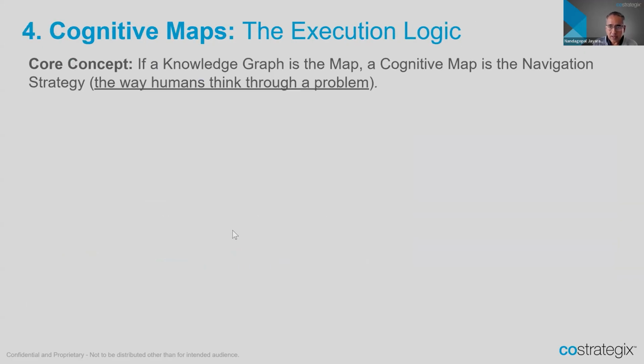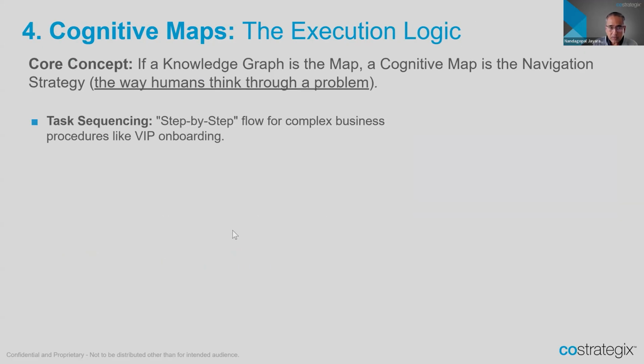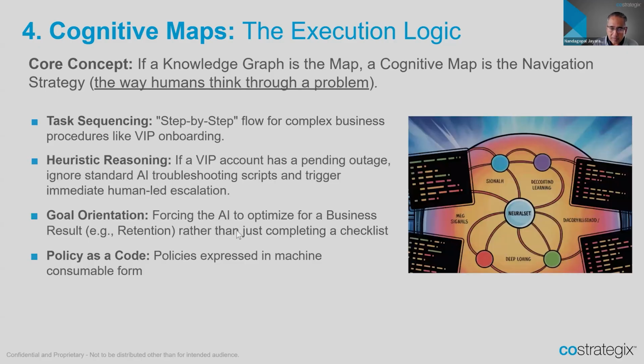So the last one is cognitive maps. Really, this is all of the policies that exist in your organization. Sometimes they are tacit policies and sometimes overt policies, which are actually captured as standard operating procedures, playbooks, operation runbooks and things like that, right? So this is all business facing, systems facing, it's everything, right?